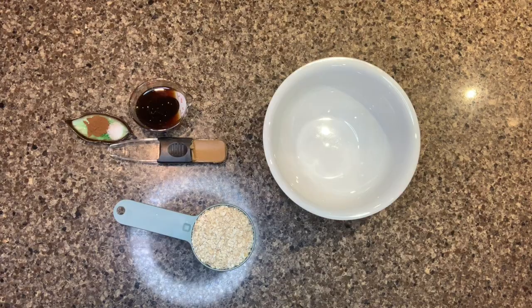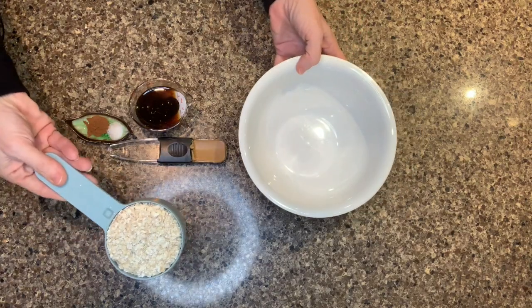And today we're going to make one of the recipes that are in the book for honey bites. Really simple recipe. You can put it together super easily and take it with you on the run. So let's get started. So we have here 1 cup of oats